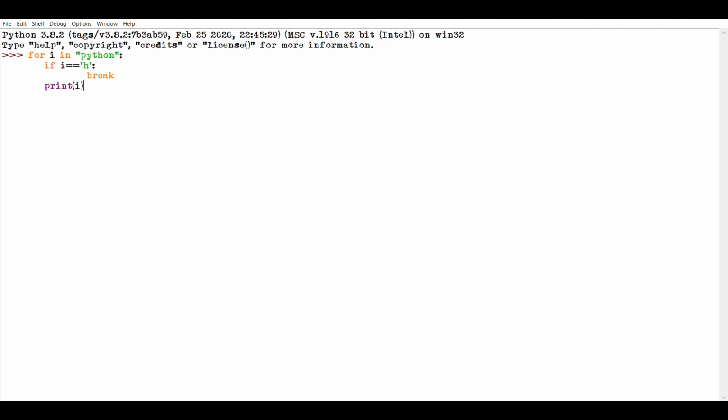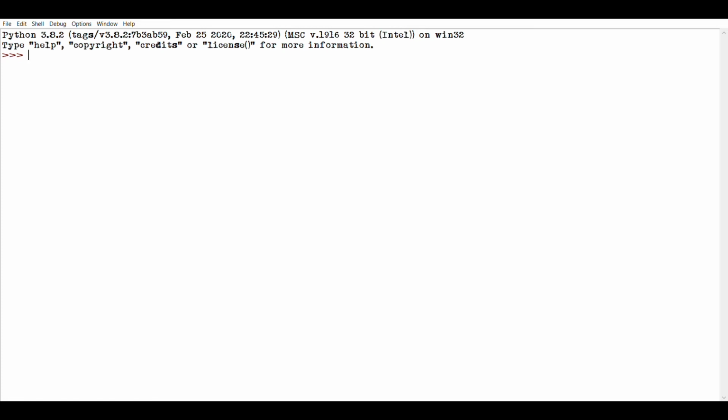In the third iteration i will be t and the value of i will be printed. In the fourth iteration the value of i will be h, so if i double equals h evaluates to true, it gets inside the if block and breaks the loop. So now let us see the output. Yeah, now all the letters get printed till h.